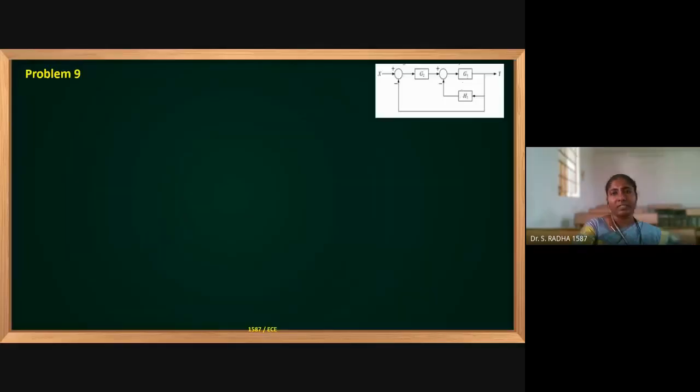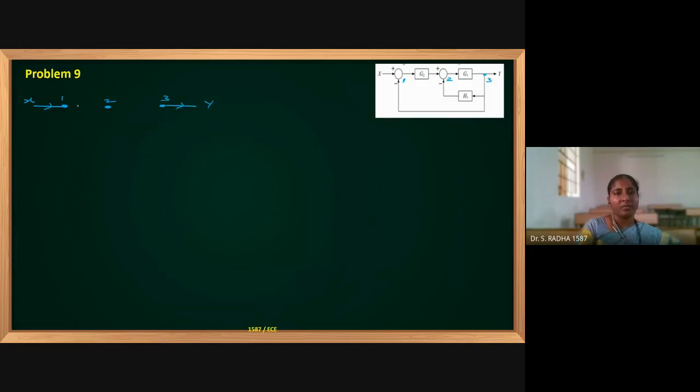We are having G1, G2 and H1. We are having two summation points. So what I should do: input side, I have X. Then one arrow mark, summation point is there, I have to put one node. Then another summation point is there. This summation point I am taking as 1, the next summation point as 2, and this branch point I am giving number 3. Three nodes are there: 1, 2, and 3. After 3 we will have Y.